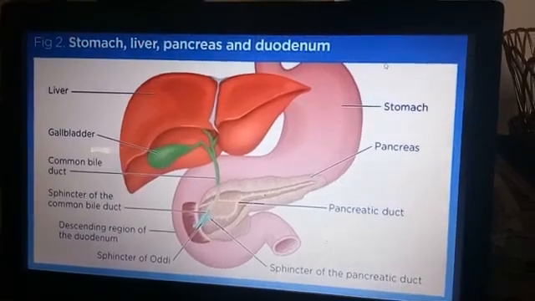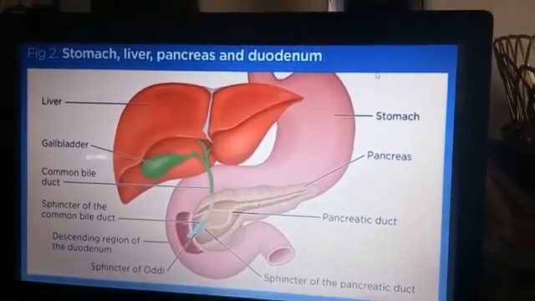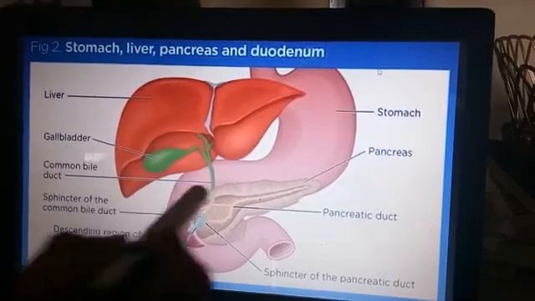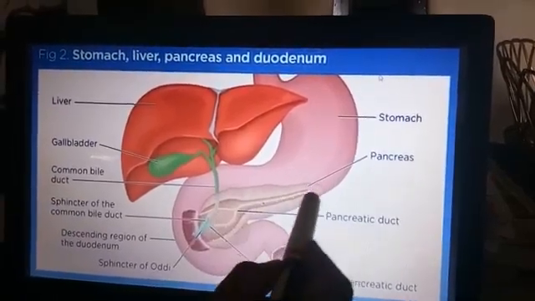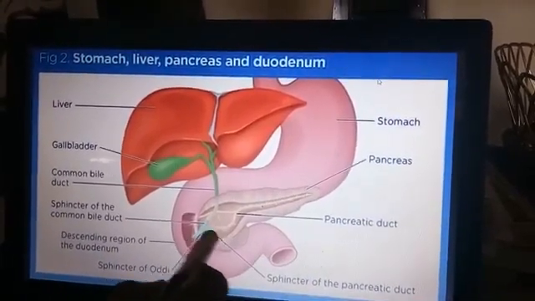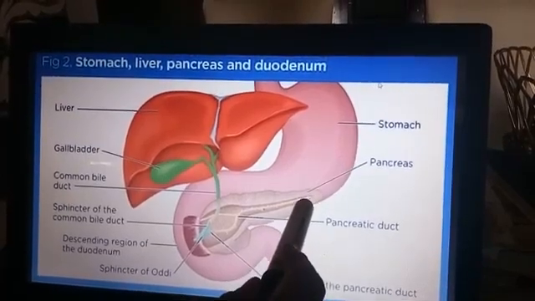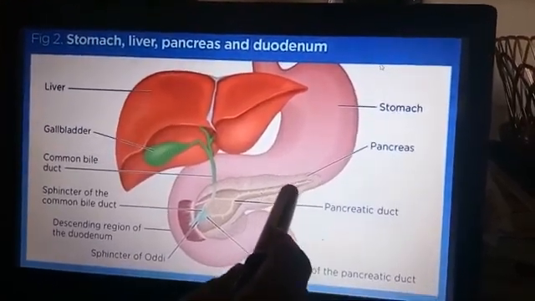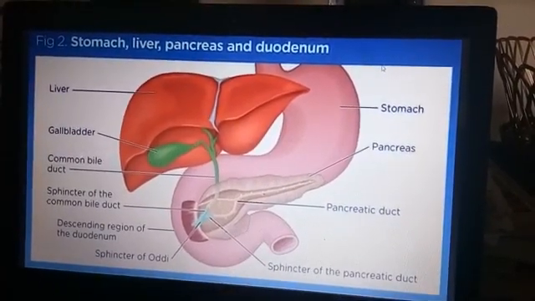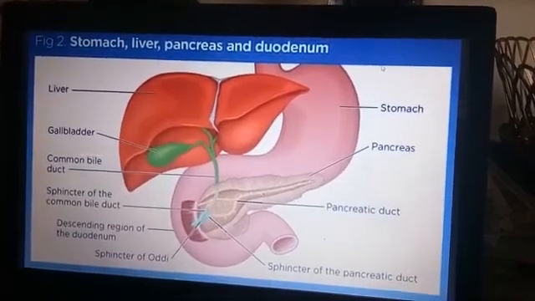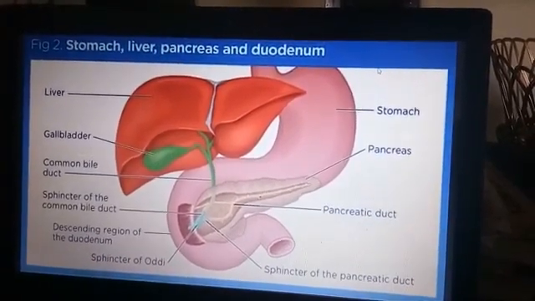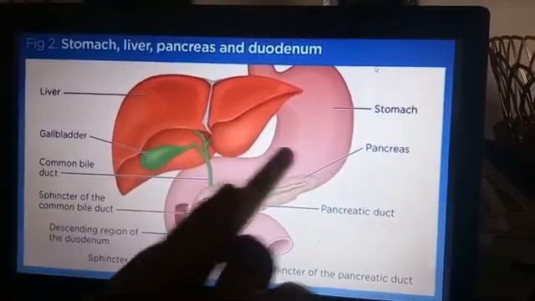Children, today we'll be learning about the next endocrine gland, that is pancreas. You can see this structure here, the light colored structure, that is called pancreas, and today we'll be learning about pancreas. Now coming to pancreas, as we have already learned the role of pancreas in digestion, we know that the